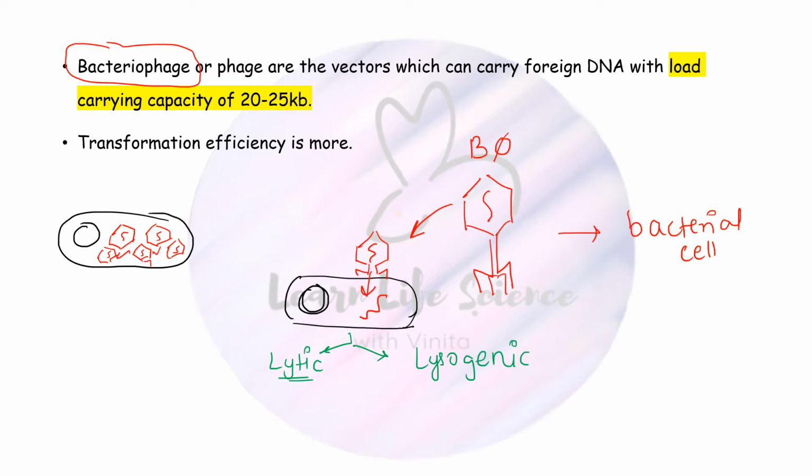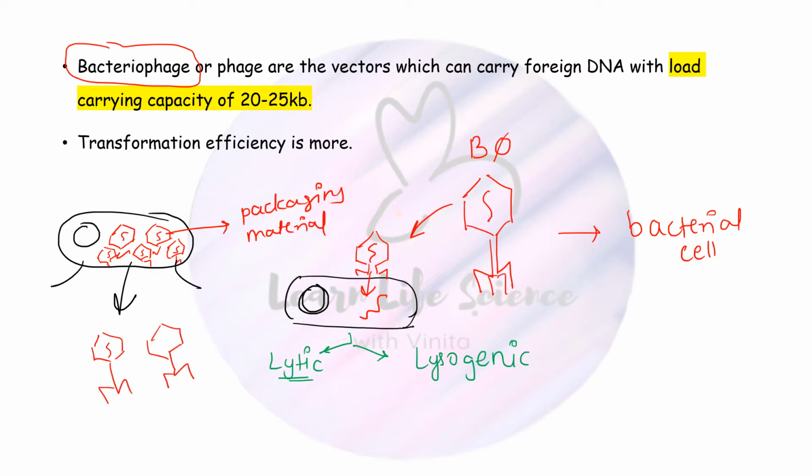And then once the genetic material of virus is replicated, it gets packaged in the packaging material of virus. The viral DNA undergoes replication, it undergoes synthesis of the head material, stalk material, tail material, and then it undergoes the packaging. Once the process is completed, there is lysis of the bacterial cell which causes the release of all the bacteriophages which are now ready to infect other bacterial cells. Right, this is about the lytic cycle.